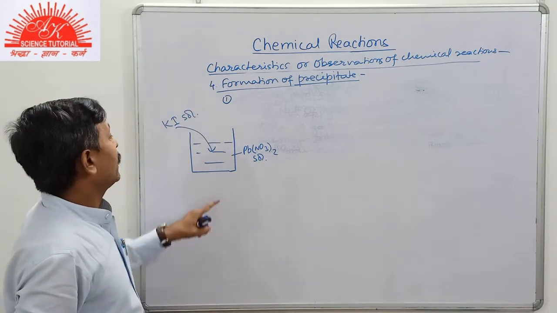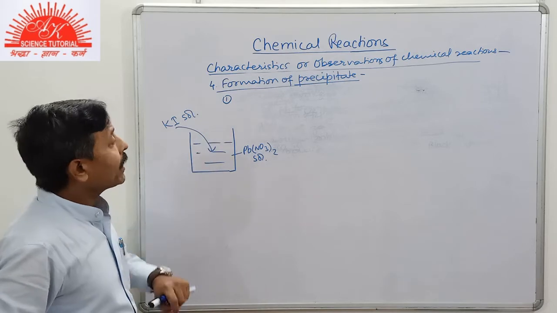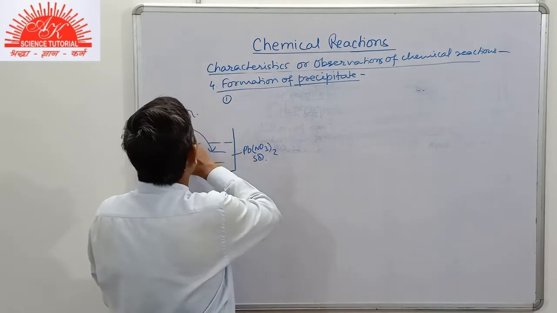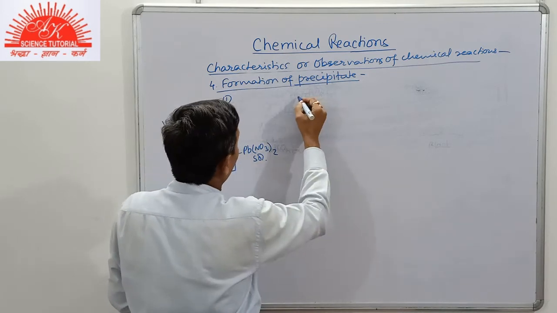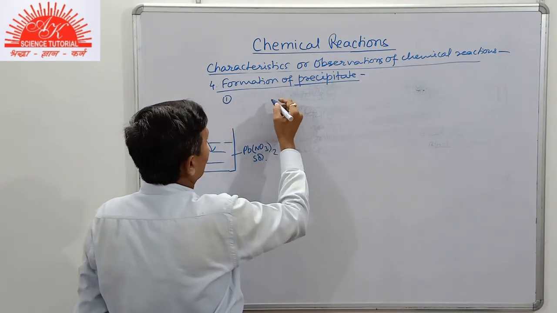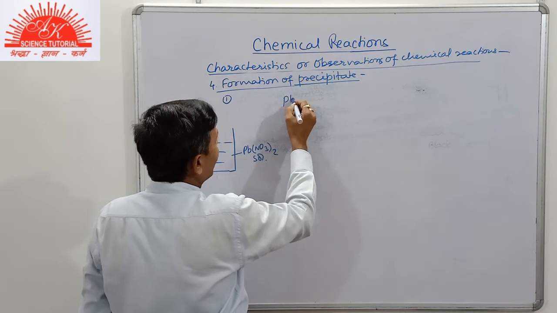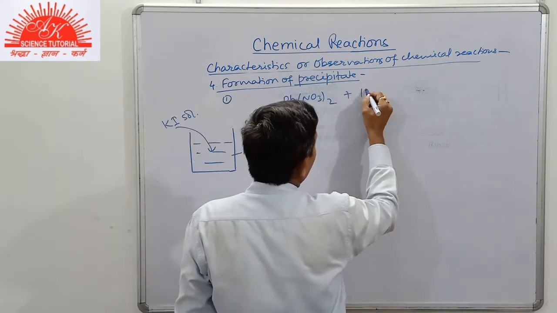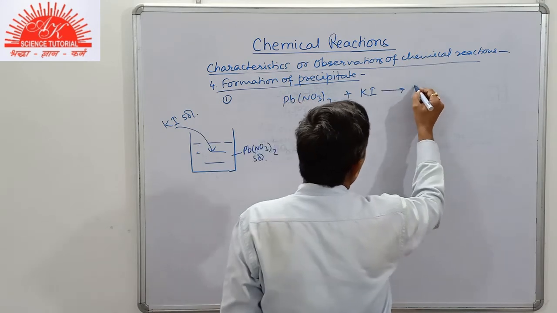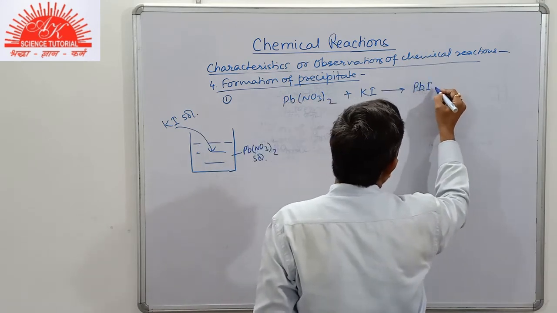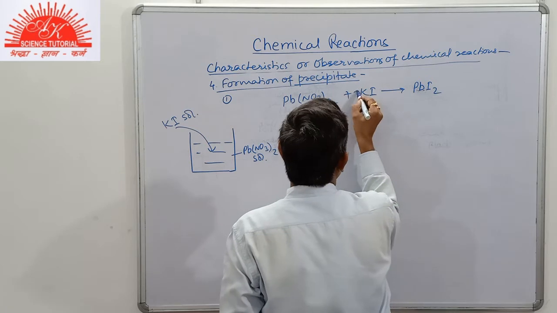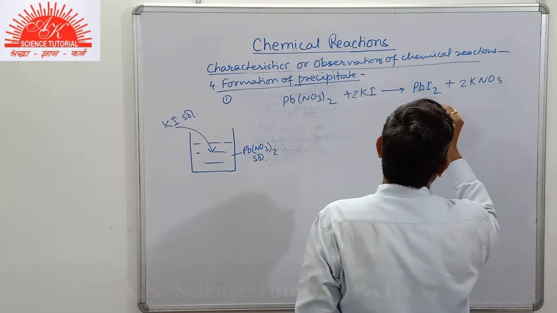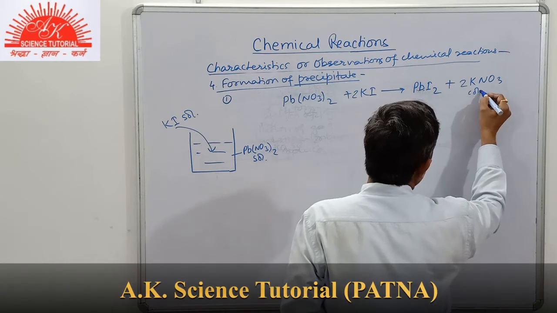As a result, we see that a precipitation reaction takes place and a yellow precipitate of lead iodide is formed. That is, lead nitrate plus KI gives PbI2 plus KNO3. Now here it is colorless solution,